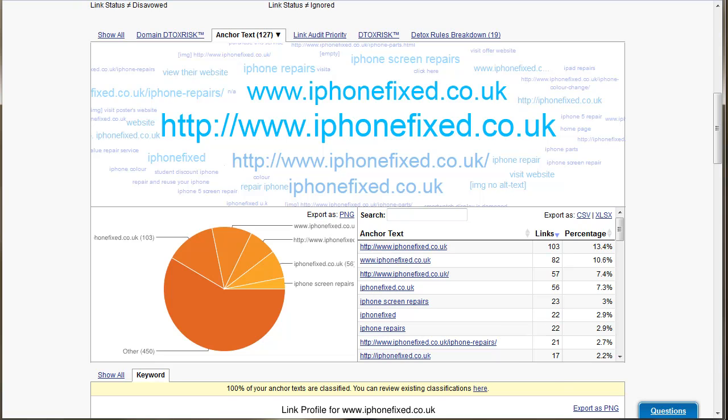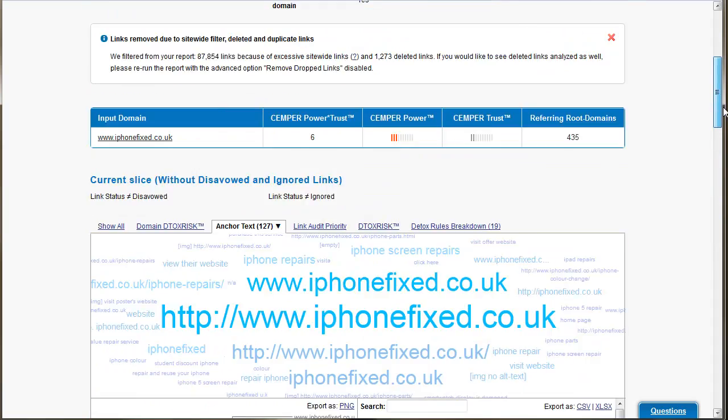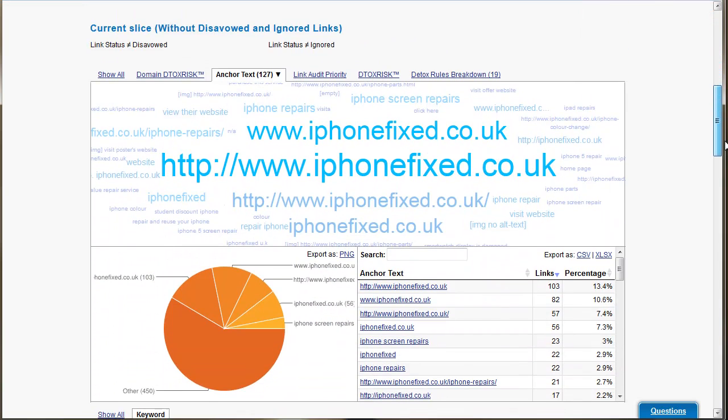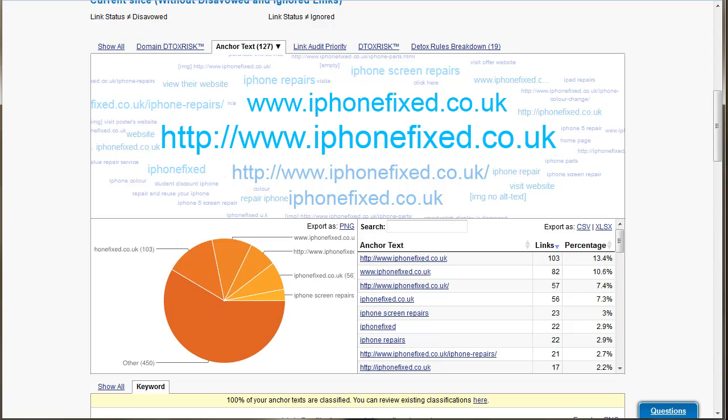Now I'm very keen to see what actually happens when we upload this disavow file and get all those links crawled, because this site has had quite a bad Penguin problem, and it's been a struggle to get it to rank again, and I'm hoping that this new disavow, where I've put the spread of the key phrases a bit better, will help. So that's the next thing I'm going to do. I'm just going to have one last check that I've got all the links I want in the disavow, and then we can upload it.